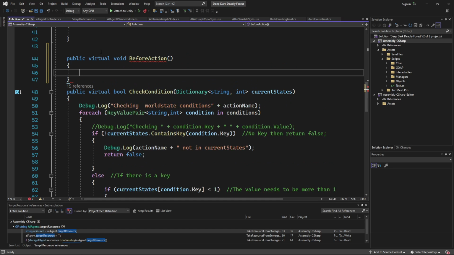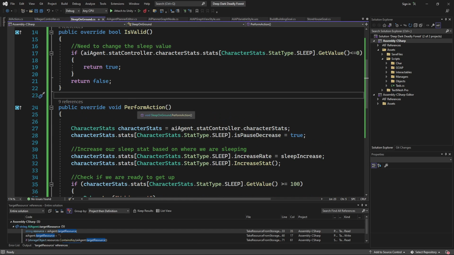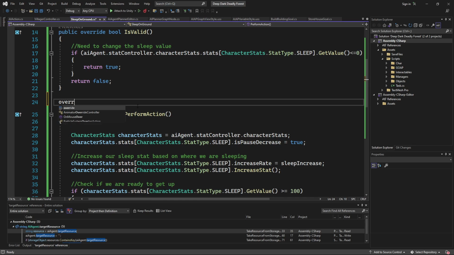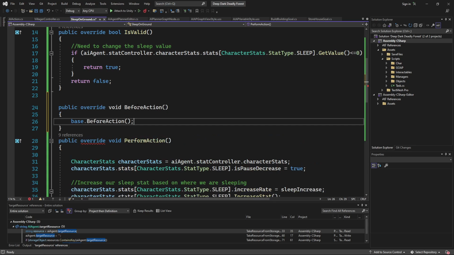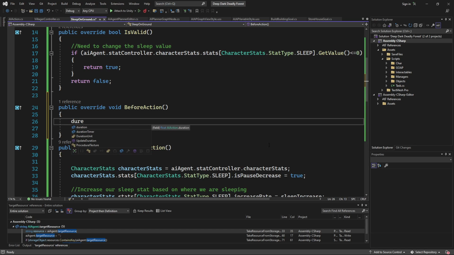So this will do it before, and that's fine. And then in that sleep one, we're going to say override the before action, and we want it to say the duration is equal to